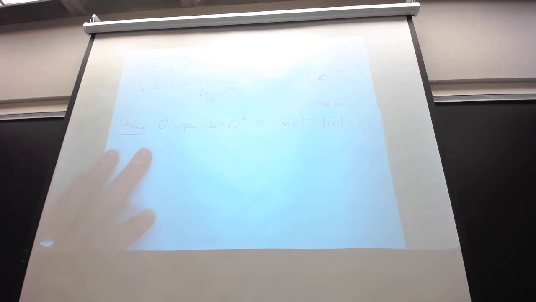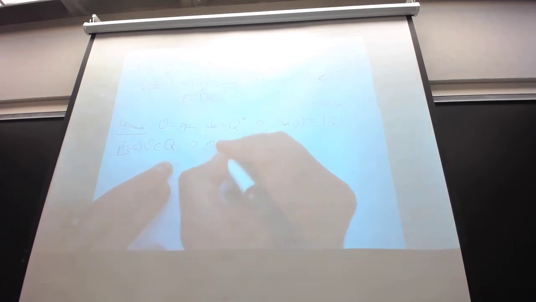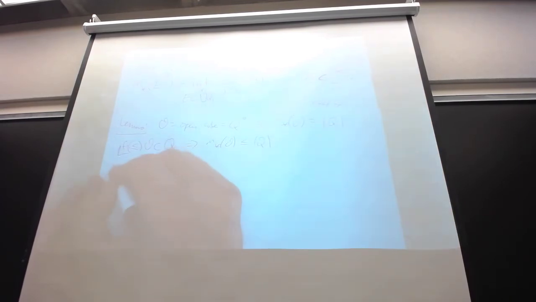All right, now what? You still get one inequality for free. Yep. This is an infimum over all possible covers. So proof. One inequality is trivial. This way is easy. Q covers O and is a closed cube, and hence mu star of O is at most the length of Q, since that's an infimum. So it's the other direction that needs work. How are we going to do this?